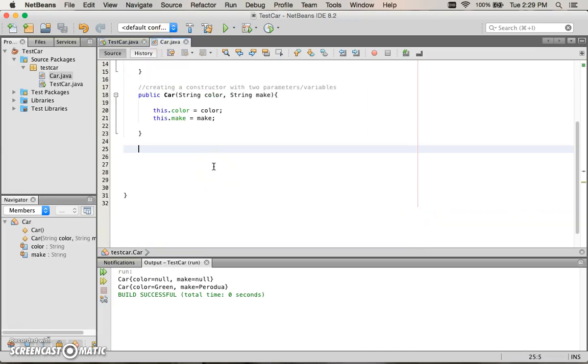So one way of doing this is by creating something called getters and setters. To get means to get the value, to set means setting the value, so changing the values. Let's start with the getter first. If you have two variables, then you create two of these. So public string get color,